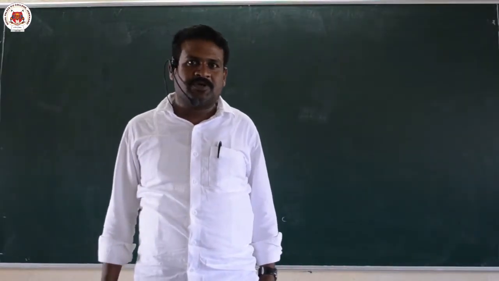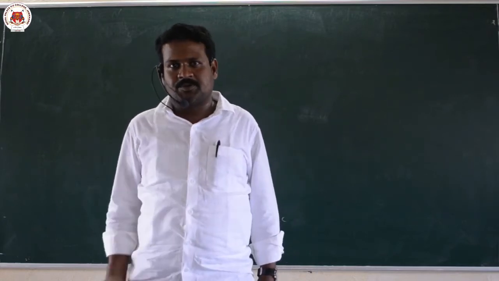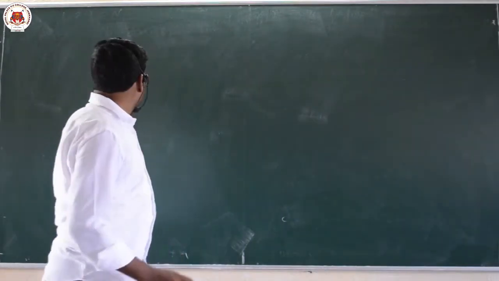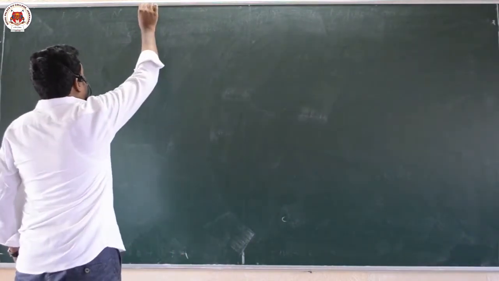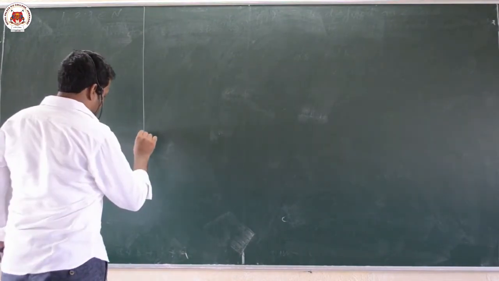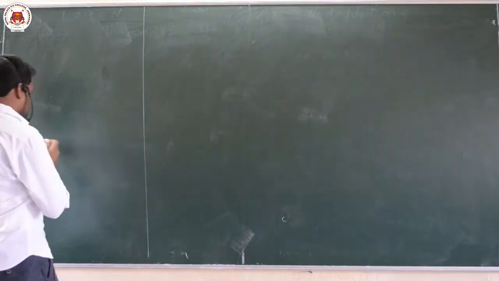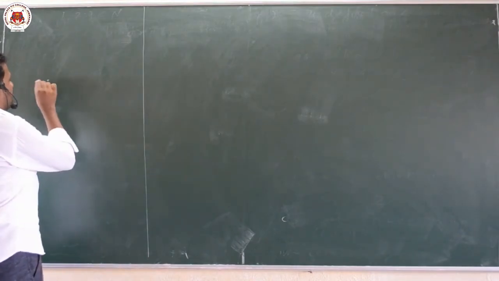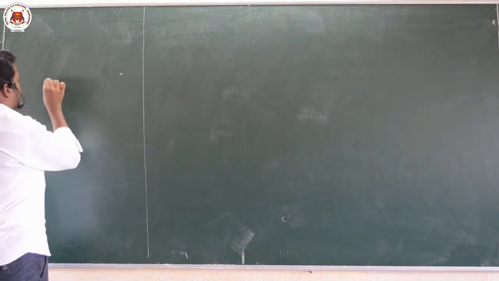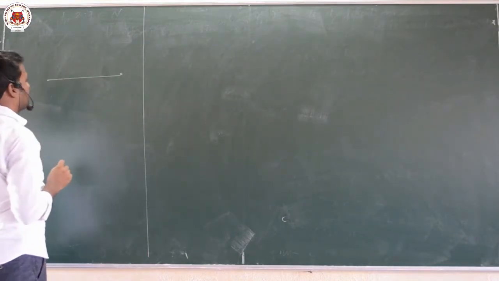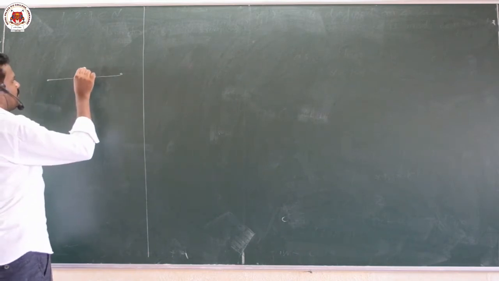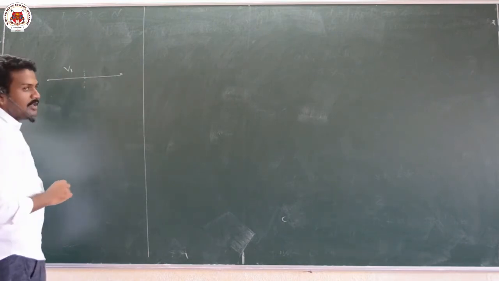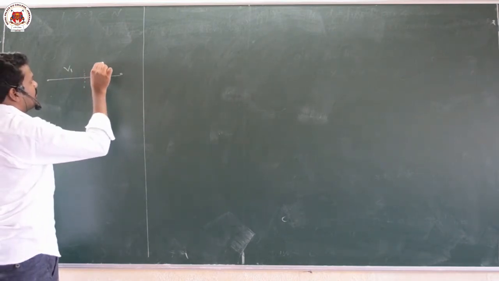In the last video I gave you one small problem to do as homework, as an exercise. We are discussing average velocity and average speed in the last session. So let us see the average velocity. If a body travels half of its duration of journey with velocity v1 and the other half of its duration of journey with velocity v2.